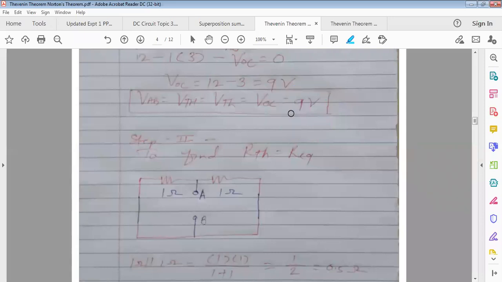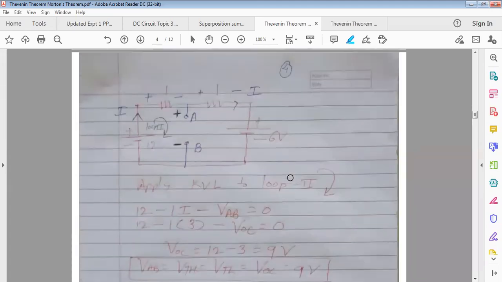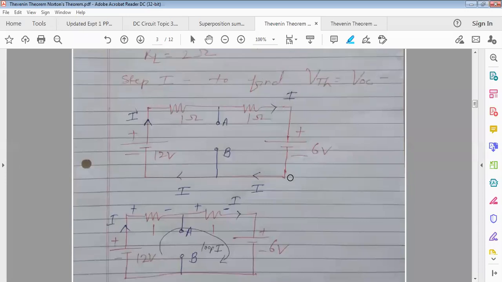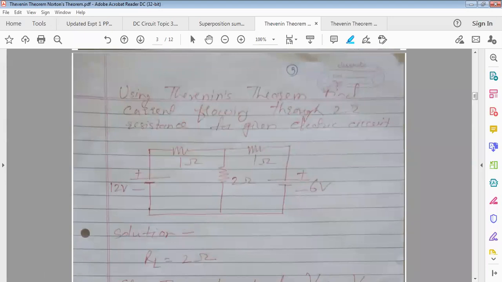Clear? What kind of question will come on this? Is this clear? Yes, in the options they will ask any 2 parameters, and if the circuit is simple then they will ask all three, VTH, RTH and IL. Yes, options given to you with 2 parameters or with 3 parameters. 2 parameters can be anything, VTH, IL or RTH, IL. And if the circuit is a simple one, all 3, VTH, RTH, IL. Is this clear? For a 2 marks question.